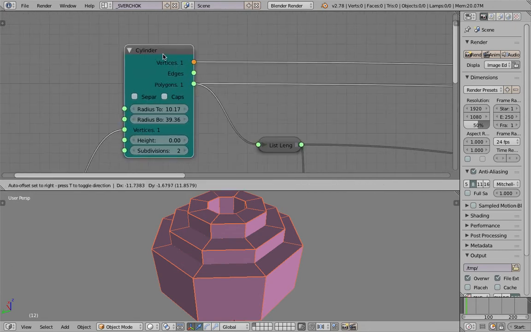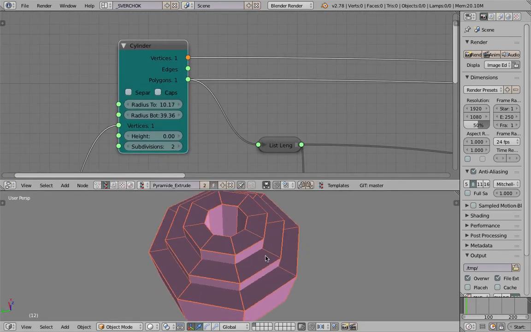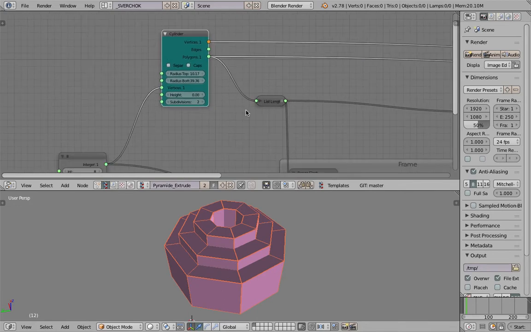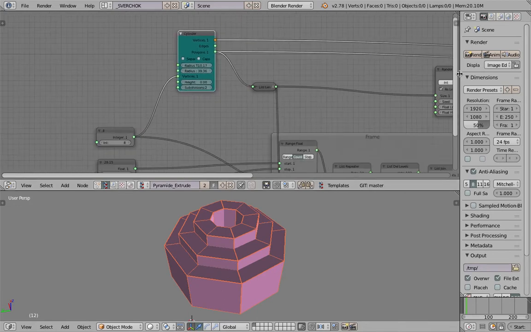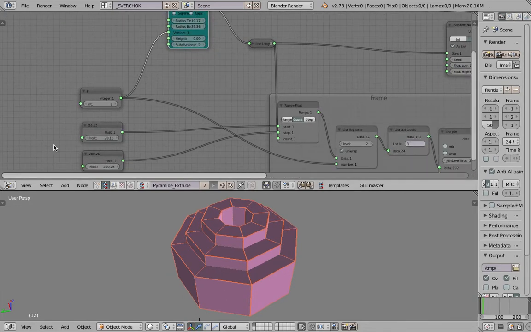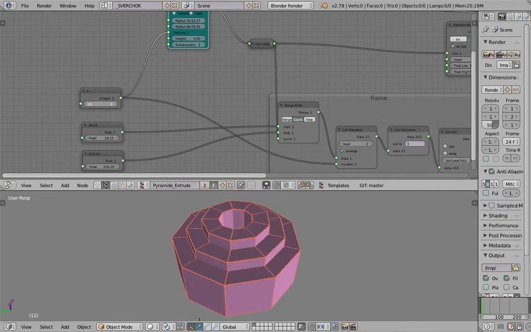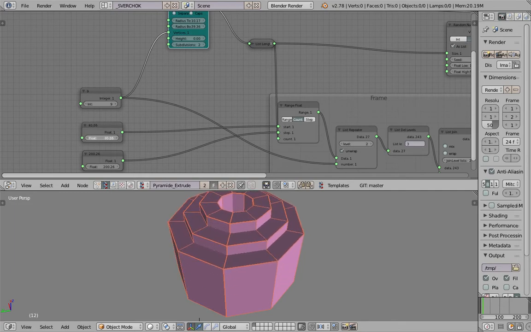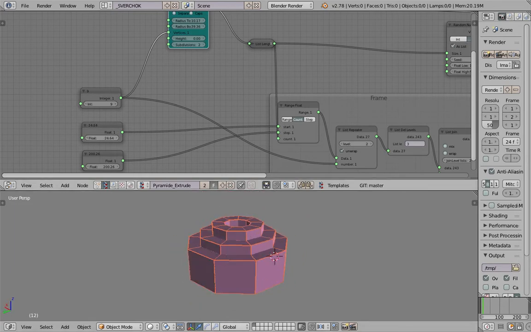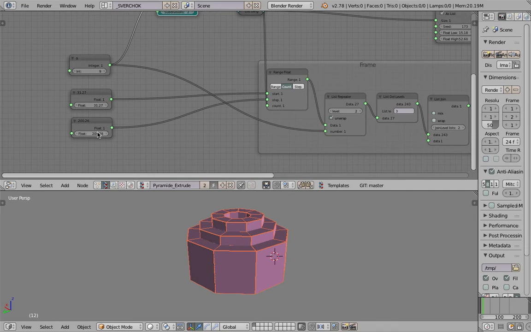I started with the cylinder, but I end up with something like this, and this is actually pretty much how Spreadshow can be really powerful. I'll show you a quick demo here. I can change the subdivision, for example, and then I can change the height, the base height, and I can also